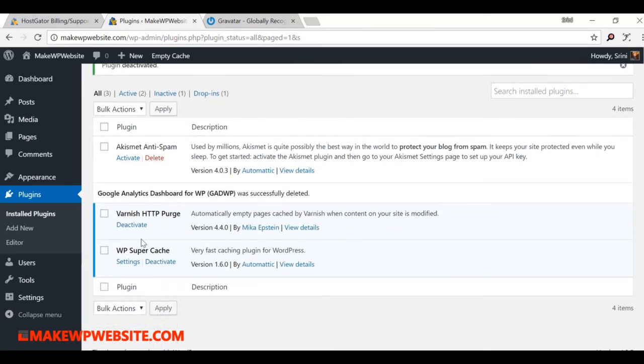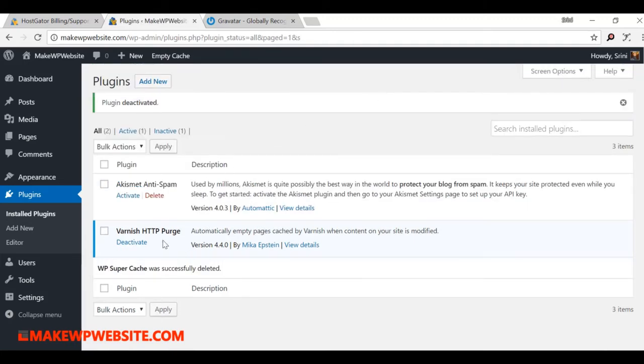Okay, and I don't need WP Super Cache. I do need caching, but I'll use a different plugin. So as of now, I'll delete this. I'll leave the HTTP Purge. The purge is basically to clear the entire cache, to delete all the cached pages, because we are using a CDN in the background, and HostGator will keep saving all of our files in the cache.